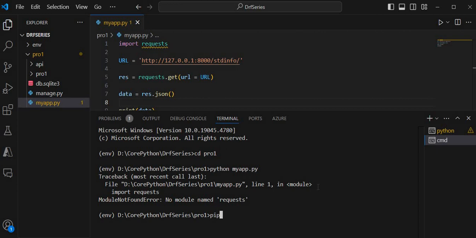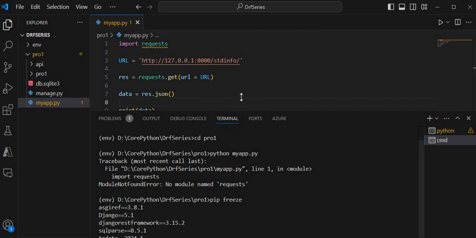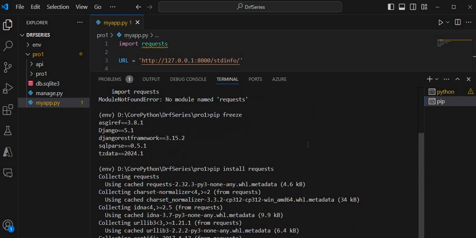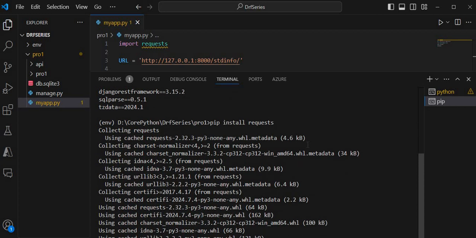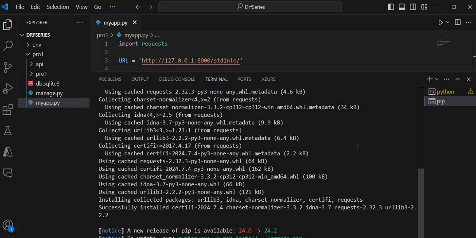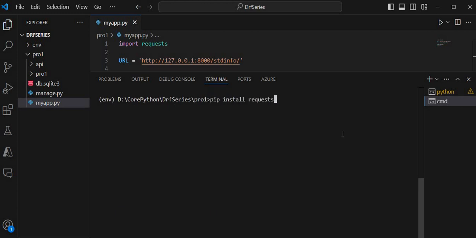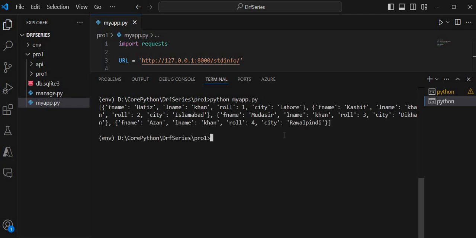Let me run pip freeze to see why I am getting this. As you see, I have no module. So let me install this: pip install requests. Let me install this in my environment. As you see, our requests module is installed. Clear my terminal with cls, and if I run my Python application again, as you see, I